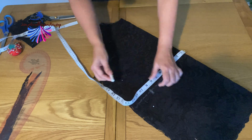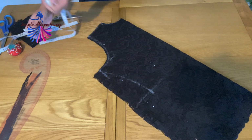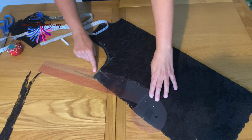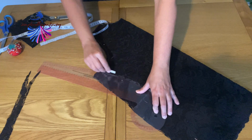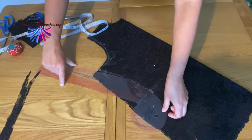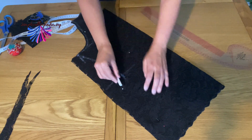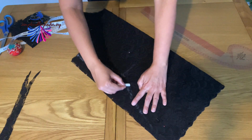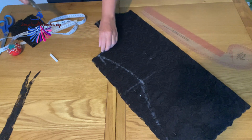So now I mark it 16 inches, and I will give a curve. You can do freehand drawing as well, or you can use a French curve ruler. It's totally up to you. You can give a slight curve, so your top will look nice and stylish around the waist area. So give a slight curve, and where there is a hip area, you always extend. So now I'm going to cut this one,